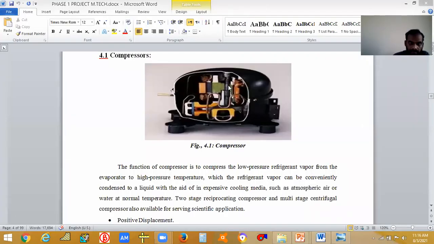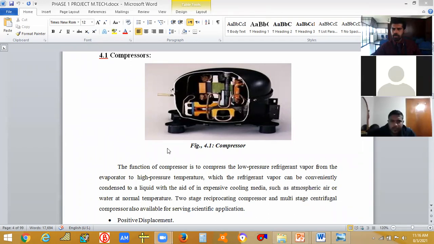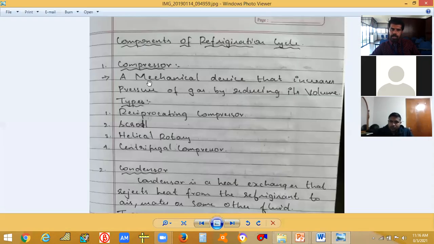You can see this compressor, right? This is just the compressor. Can you see this compressor? Okay, these are compressors. If you want to see a compressor, normally you can just go to the fridge in your home. In the back side of the fridge you can also see the compressor. Have you finished the compressor part?